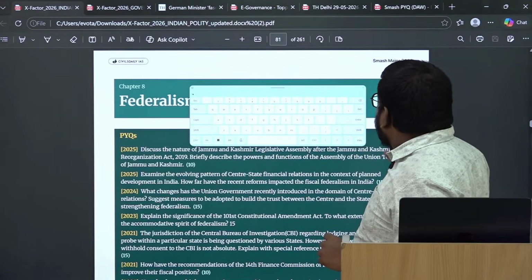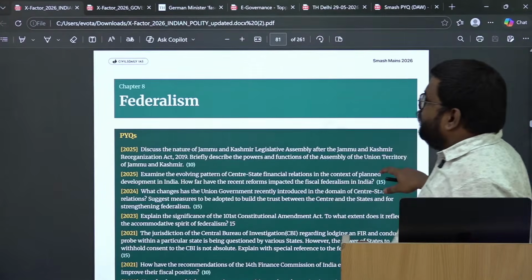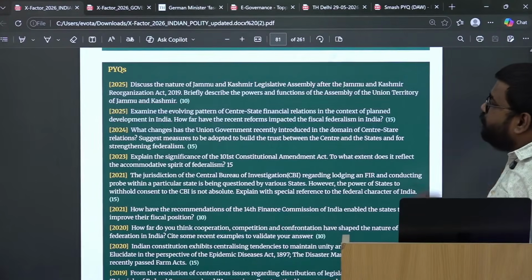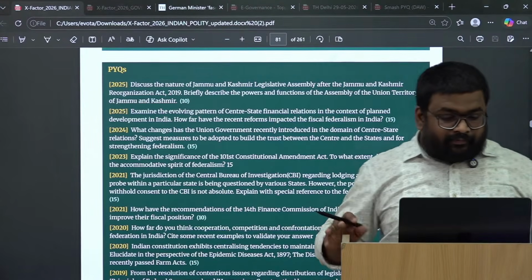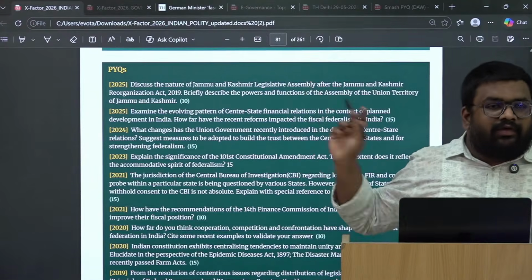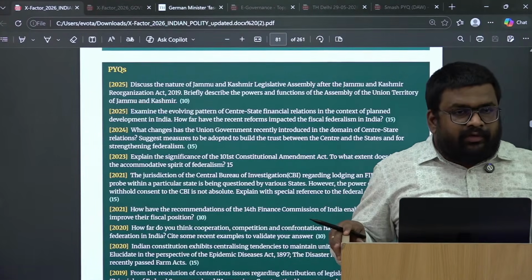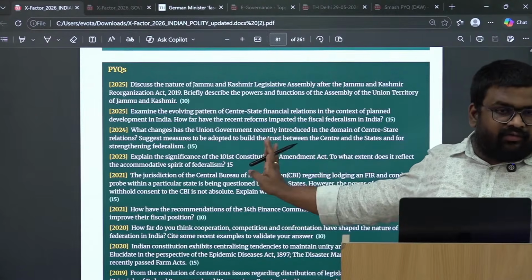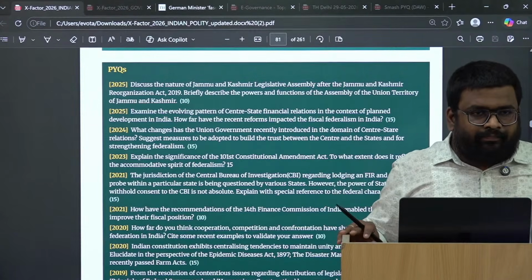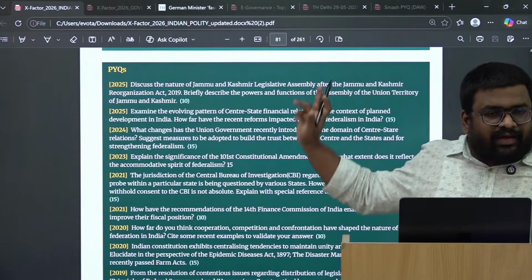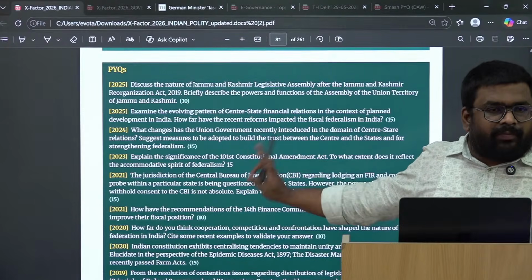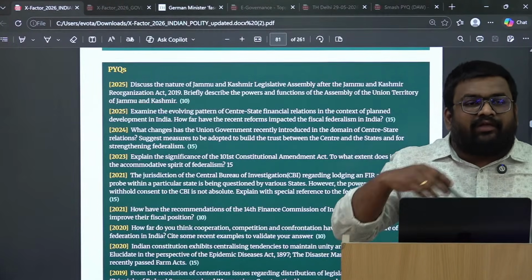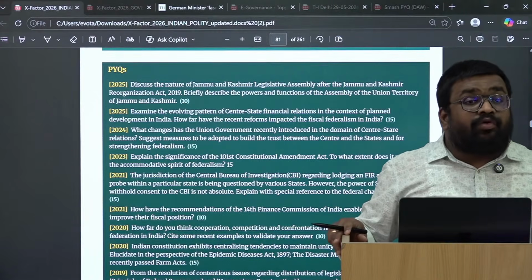So every chapter that is there in the X factor, at the beginning you will be having the PYQs. ठीक है. So suppose आप federalism पढ़ रहे हो, तो while reading federalism, give the first 15 minutes to the PYQs only. ठीक है. Once you give this 15 minutes to the PYQs, just think what UPSC has asked. Based upon that, you prepare your own questions.